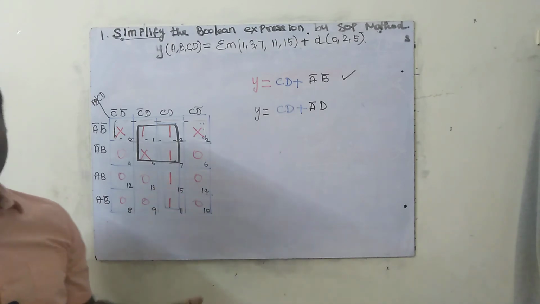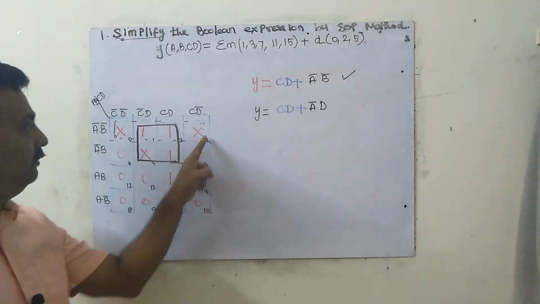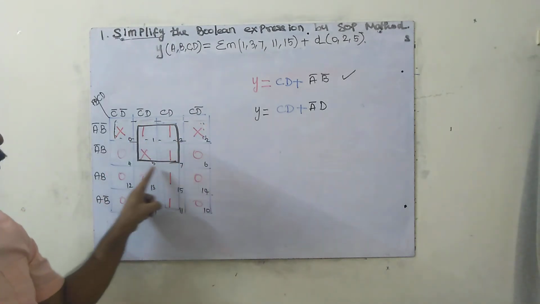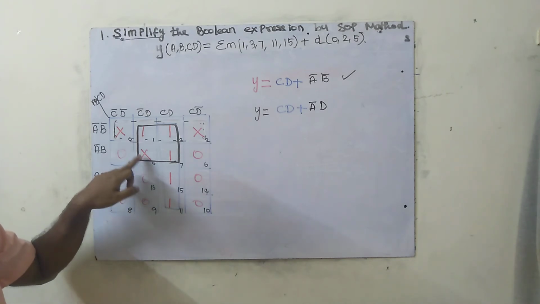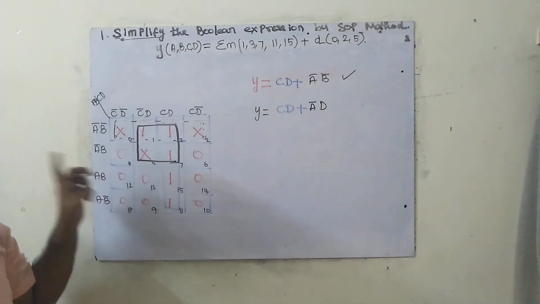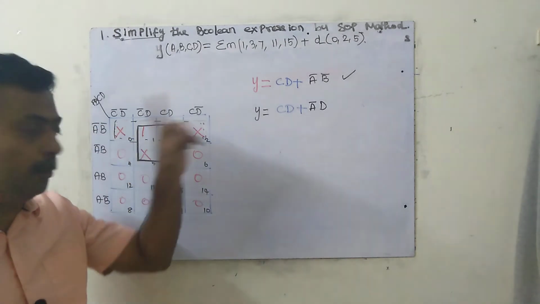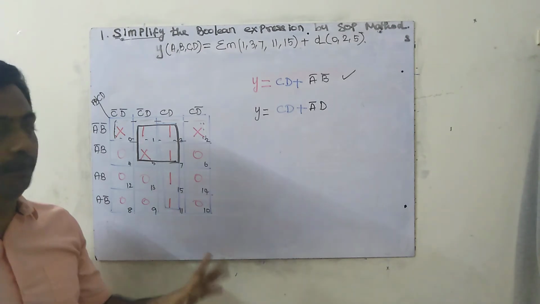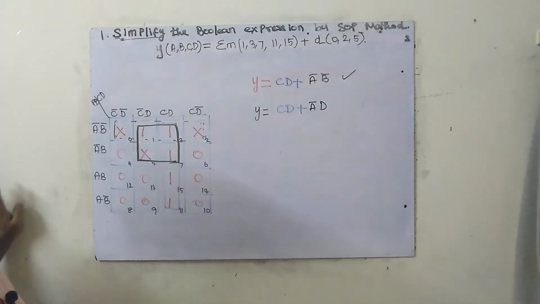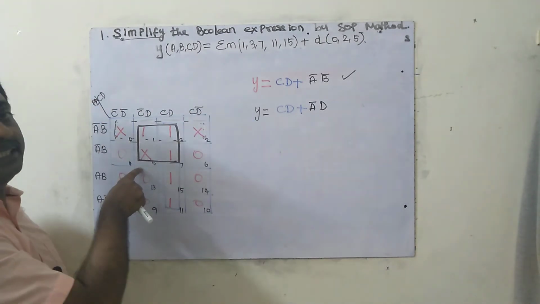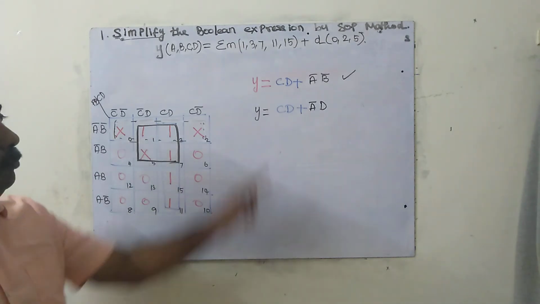That depends upon individuals. Some person will box like this, some person will box like this. So here listen, we are making larger boxes, but it is not necessary to box all the X, but all the 1s have to be boxed. That is very important. In the SOP method, all the 1s have to be boxed. But it is not mandatory that we have to box all the X. Suppose I am boxing like this, this X will be left out. Both the equations are correct.